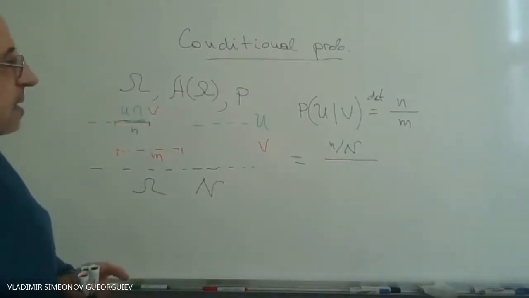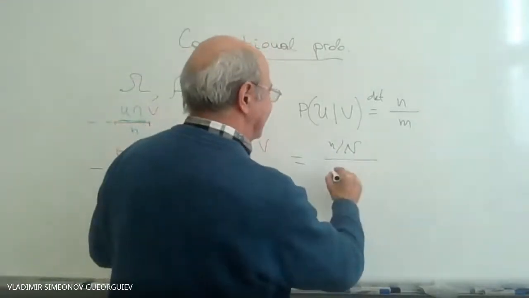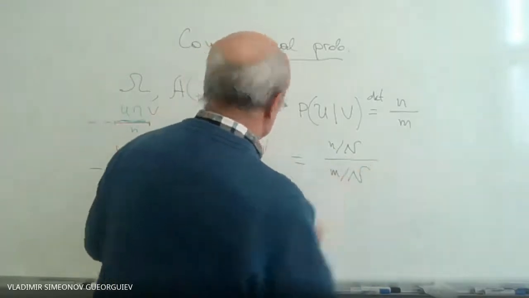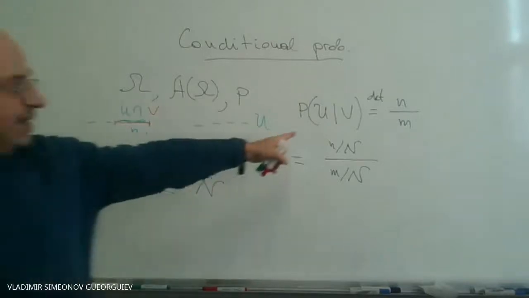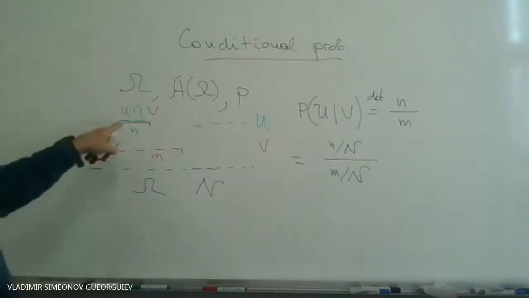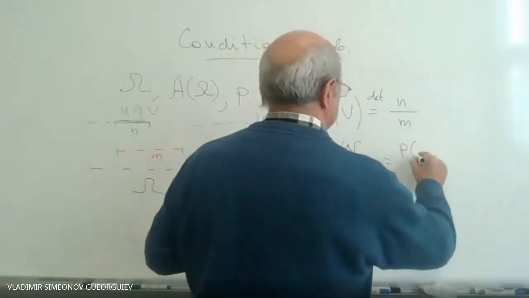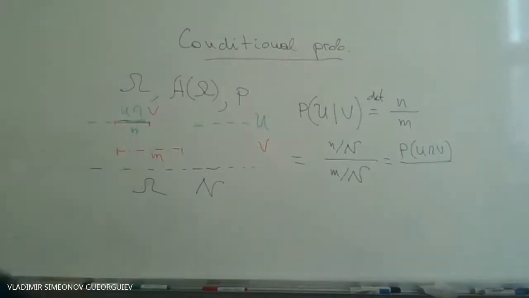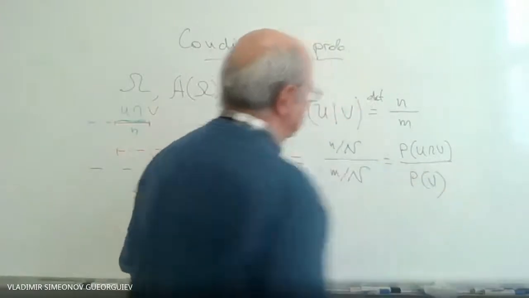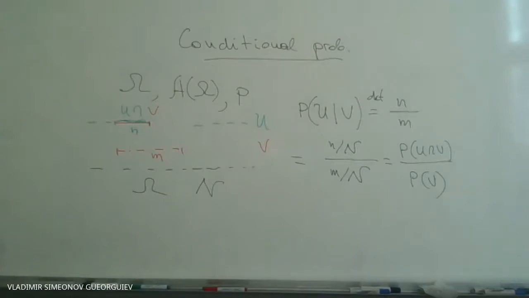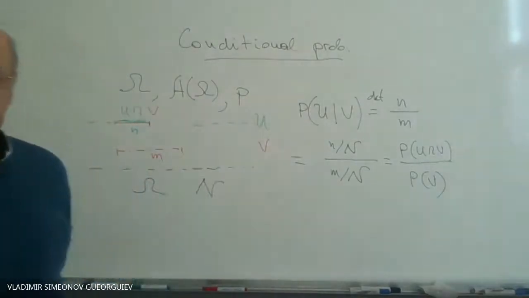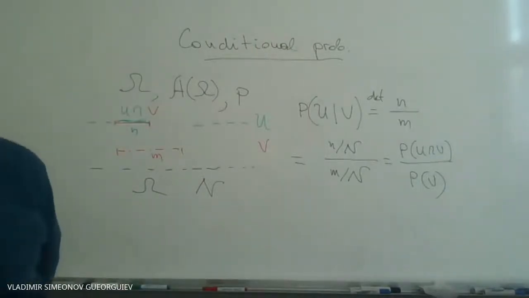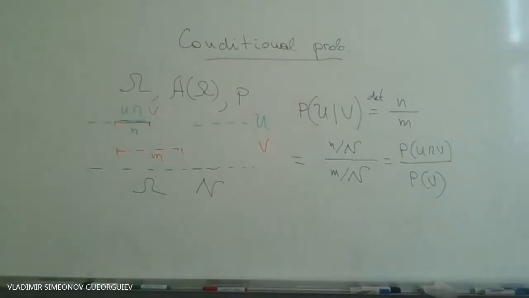We divide also the numerator by N. As you can see, the numerator is simply the probability of U intersected with V, while the denominator is simply the probability of V. So we can say that this conditional probability can be computed formally by these formulas, and as usual we have to take an example in order to understand this notion. For example, if we take